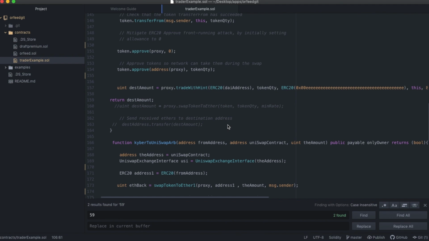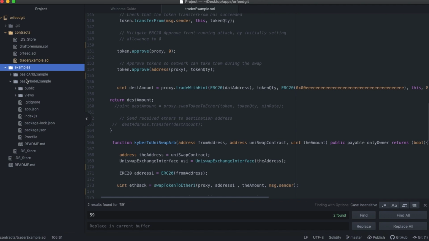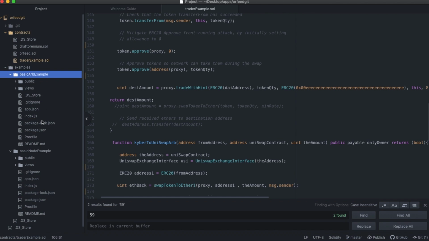So back over here in ORFeed, of course we have examples. If you look in the example code, you'll see there's now a basic ARB example. Last time we talked about the basic node example, and this time we're going to talk about the basic ARB example. So just like last time, let me pull this up. When you clone the repo,